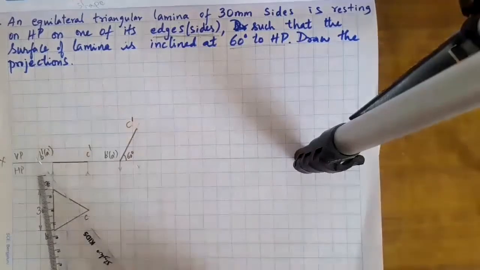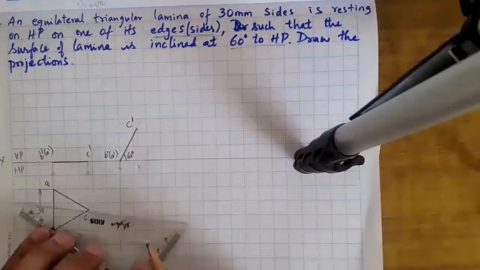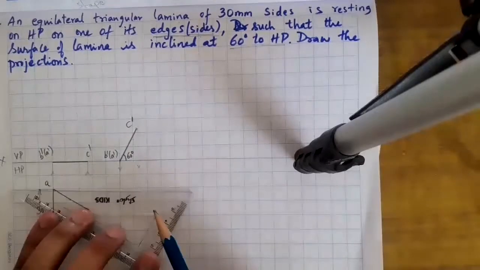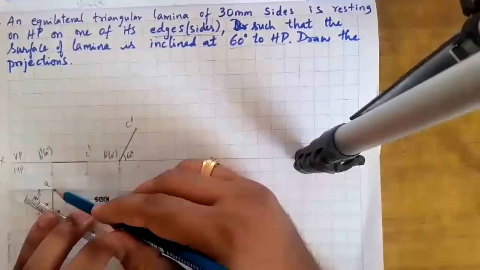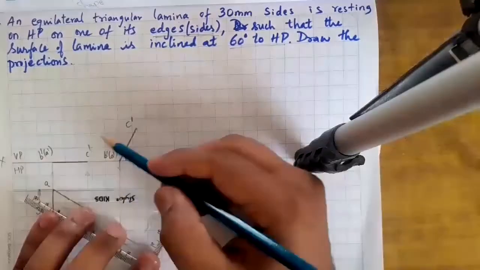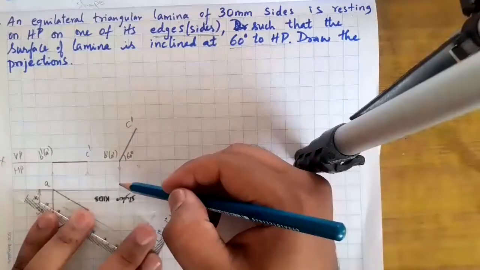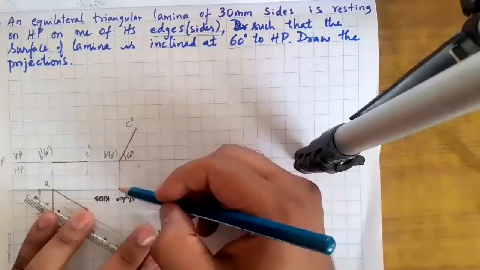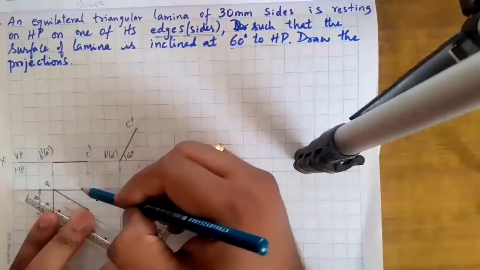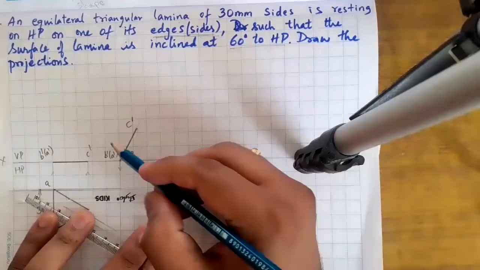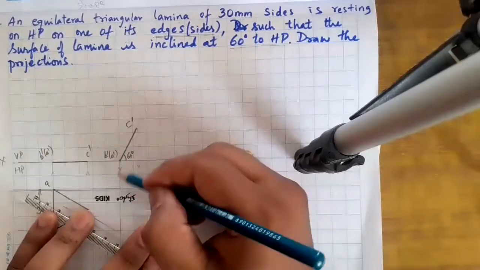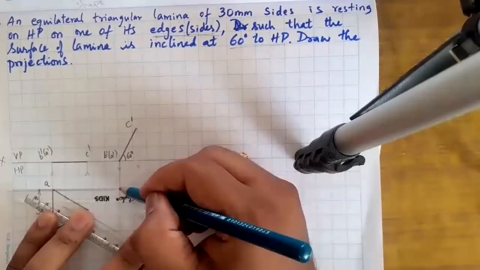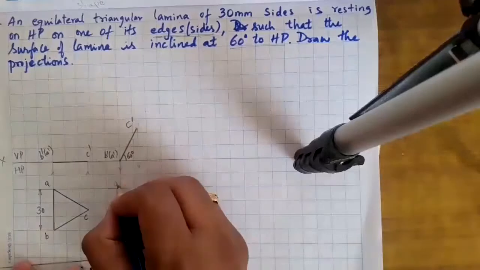Next, where A meets A dash projector, from A, I'm going to draw a line, and A dash projector is meeting here. A and A dash. A projector from here, and A dash projector is meeting somewhere here. You can name it as A and identify this location. Don't put a dark dot there.